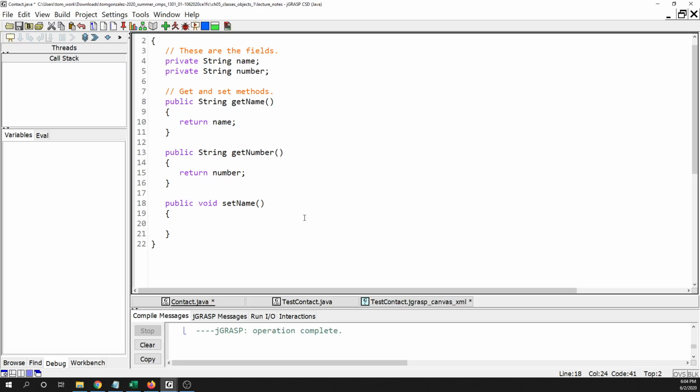Okay, so it has to have a parameter. You have to tell it what name you want to create, or what name you want to change it to. All right, and so you need to put a parameter in here of type string, the same as whatever the type of the field is, and then you have to put a variable name here. So the minute you put the variable name right here, that's going to cause a little bit of an